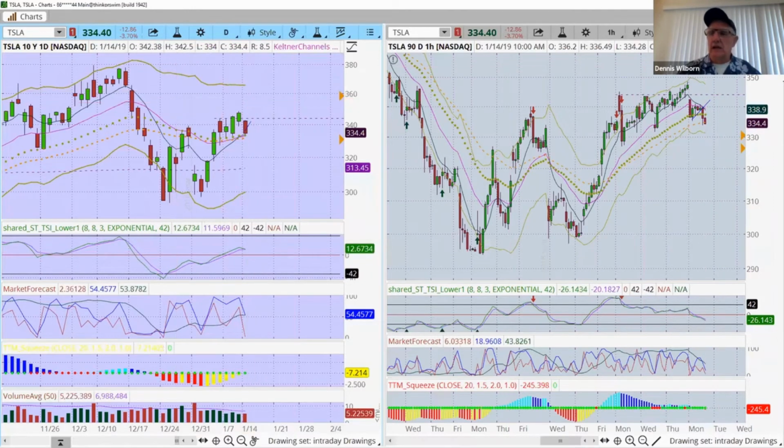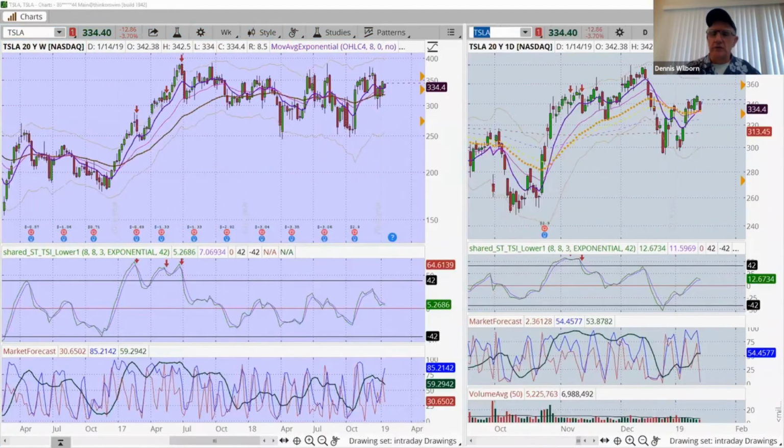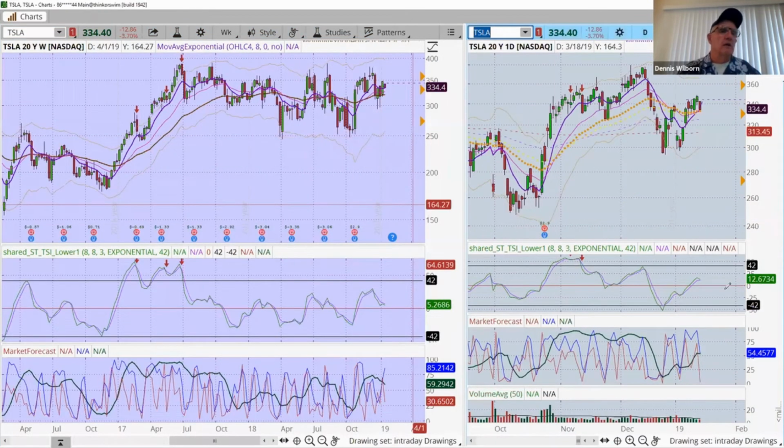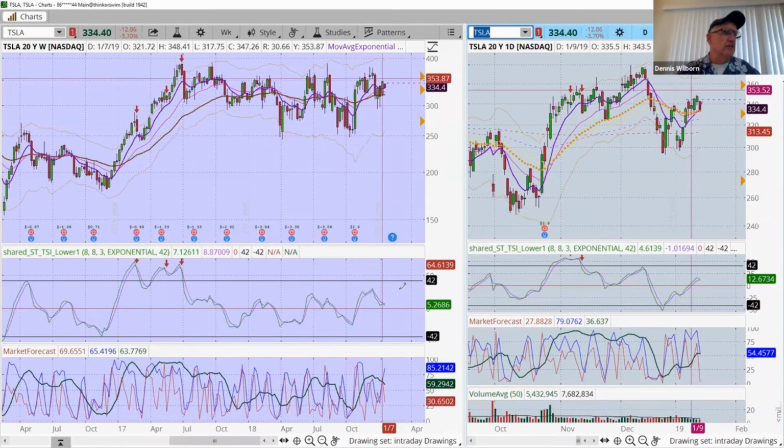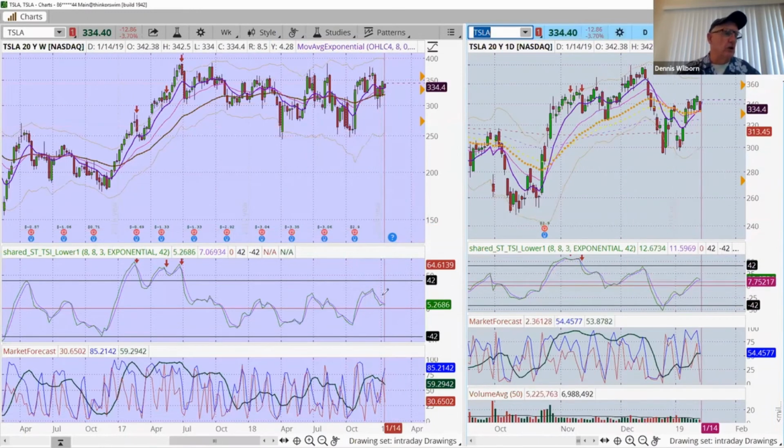What does that tell us? What does that indicate to us? Well, what that indicates to us is that the momentum has now shifted back down to the downside. As we can see here, when we compare what's happening over here on a daily chart to what's happening over